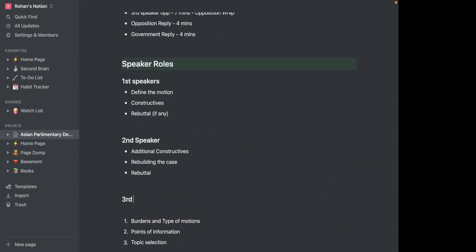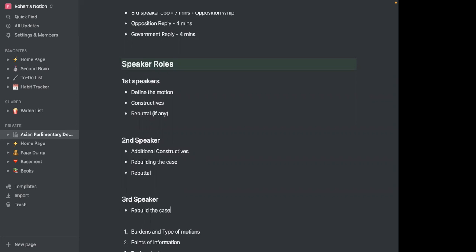Then is the third speaker. The third speaker, again, to some extent, you might have to rebuild the case, although it's not a very strategically good idea to rebuild the case within your third speech, because it should have been done by the second speech. If you still have to wait until your third speech to fill any logical gaps within your argumentation, that just means your argument is bad. But obviously, you can do that, and it's allowed. It's just that this should not have to wait so long to be complete.